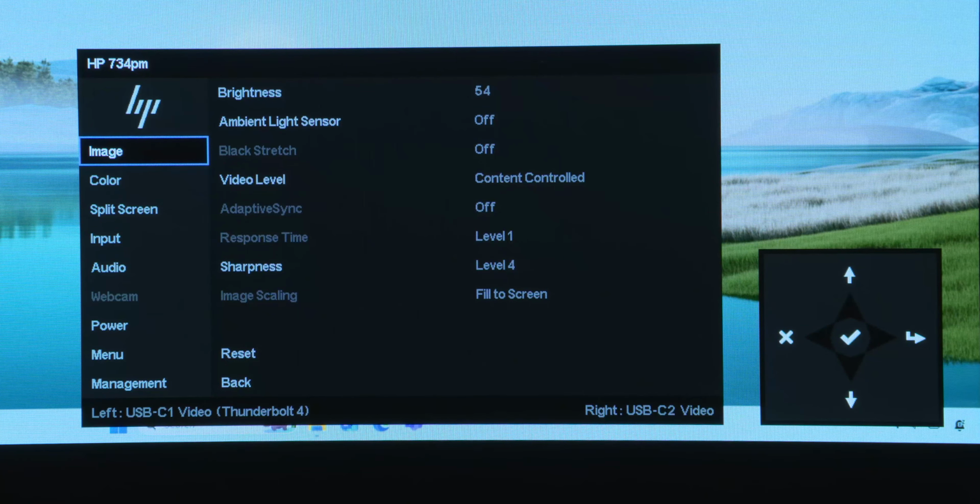Now you can move the mouse back and forth between the two computer screens on the monitor. To transfer files, you can easily drag a file from one screen to the other.